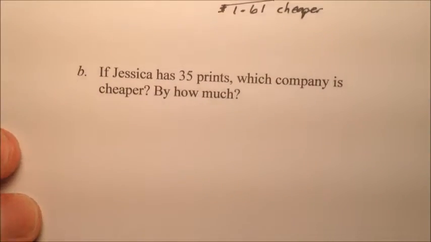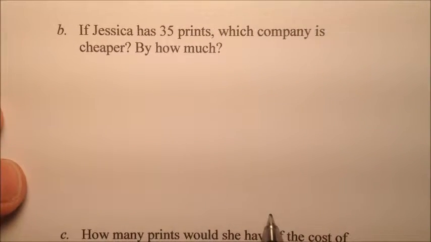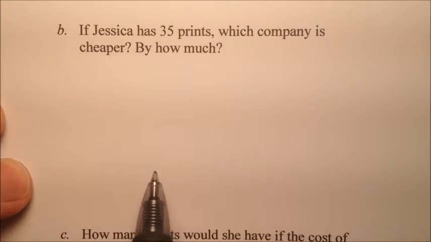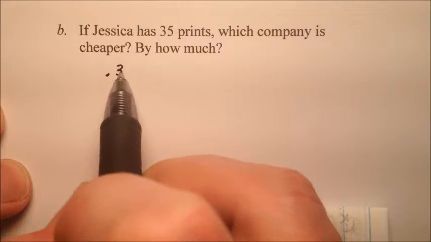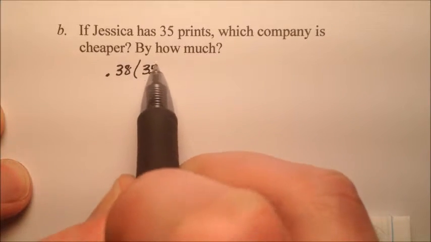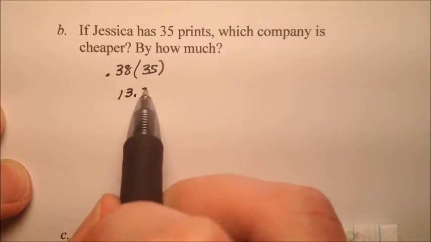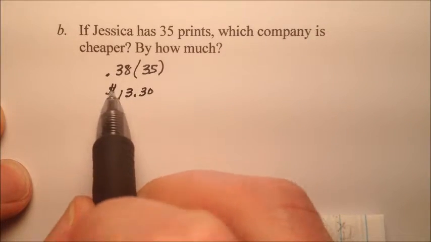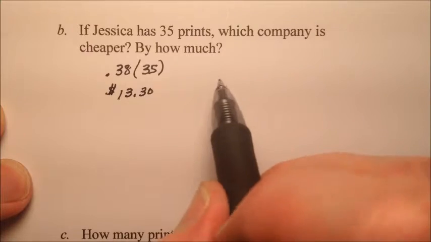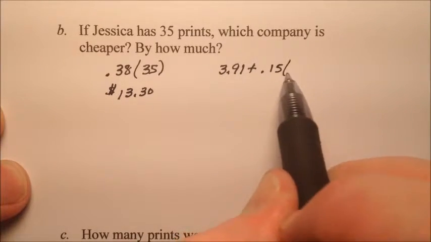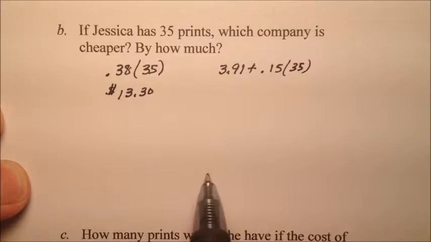Okay, part B says, now Jessica has 35 prints, so this time she has more prints. Which company is cheaper? And then by how much? So the Pics of You is 38 cents times 35 prints, and 38 cents times 35 prints will be $13.30 when I do that multiplication, where development was $3.91 plus 15 cents per print, and we had 35 prints,